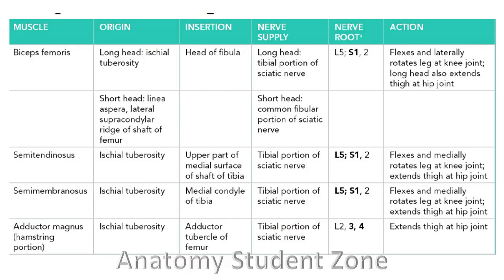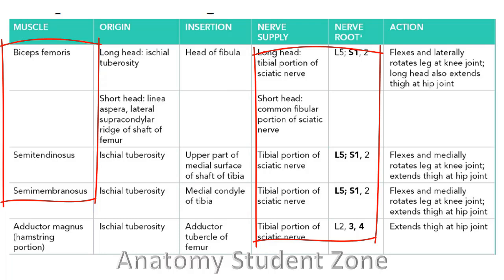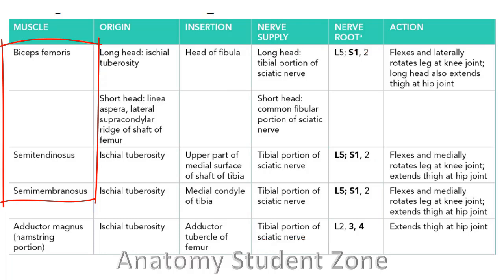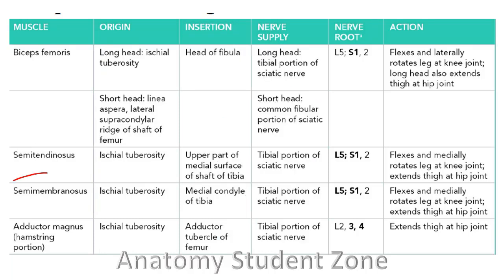Regarding the content of the posterior compartment, there are four muscles: biceps femoris with a long and a short head, semitendinosus and semimembranosus. Blood supply of this compartment is through branches of the profunda femoris artery, and the nerve supply is through the sciatic nerve, that is the nerve of your posterior compartment. Three of these four muscles in the posterior aspect of the thigh we name as the hamstrings. So the hamstring muscles are semitendinosus, semimembranosus and just the long head of biceps femoris. Remember, the short head of biceps femoris is not included in the hamstrings.